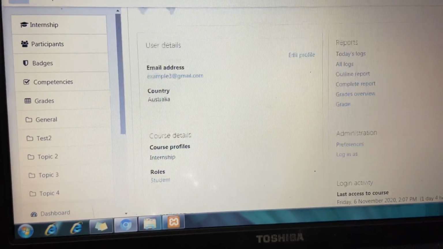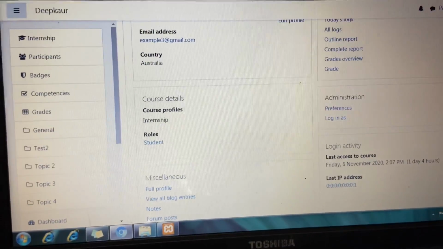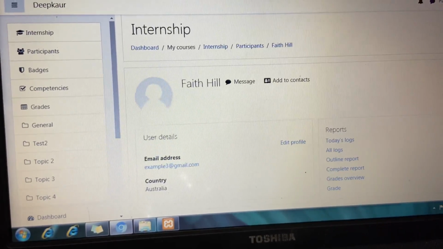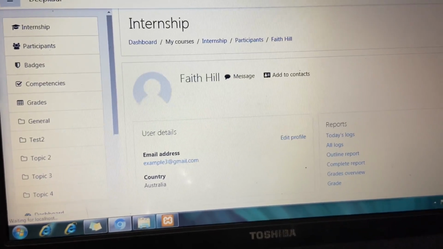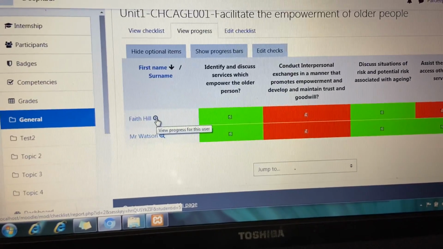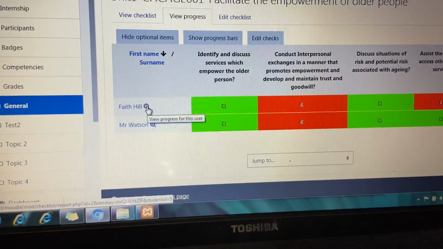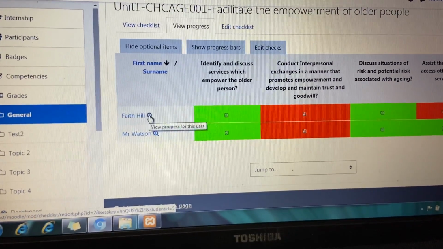We can see complete detail about the student: what's the role of the student, which course they have taken, the country they belong to, email and their name, messages, everything we can see from there. This magnifying glass is going to show us the activity checklist. You can hover on it and you can see view progress for the user. So once we click on this,